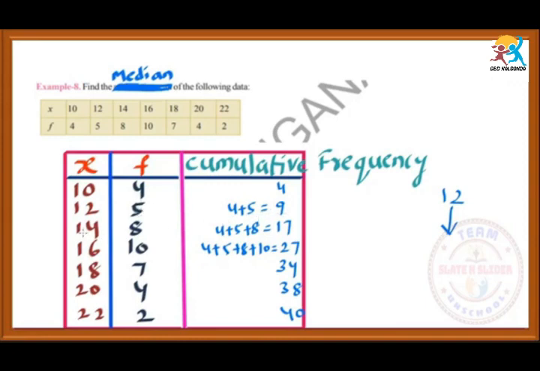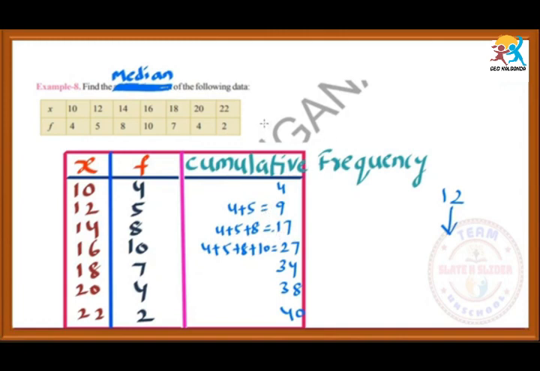And in the next one, the cumulative frequency is 14, and we got 17. That means the number of students who got less than or equal to 14 marks. The number of students who got 14 is 8, and less than 14 means 12 marks also will be present, which is 5, and the students who got 10 marks are 4. So that 4 is also included. The total is 17. So like this you have to take.